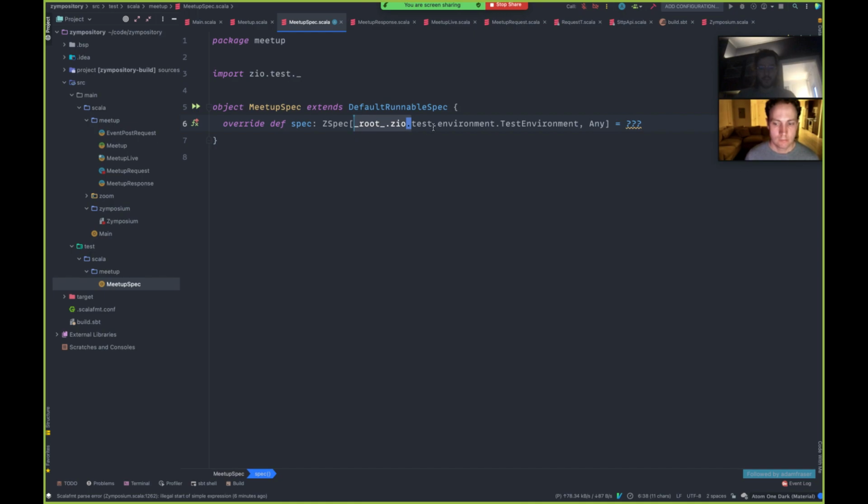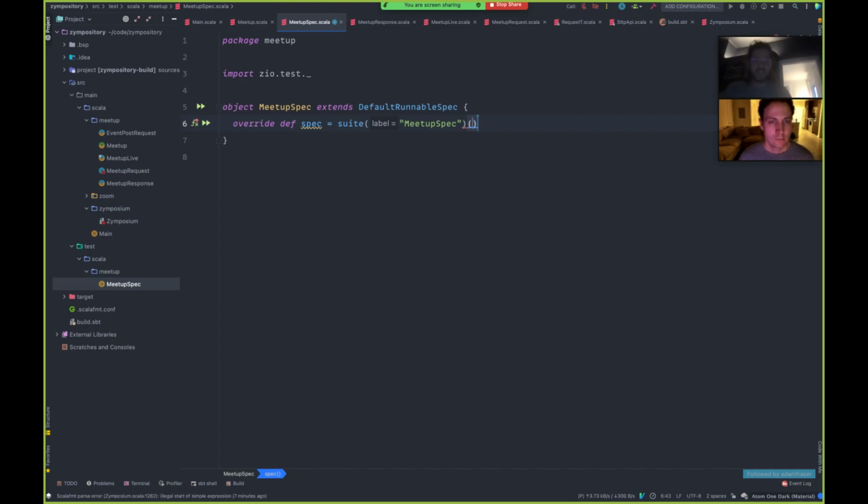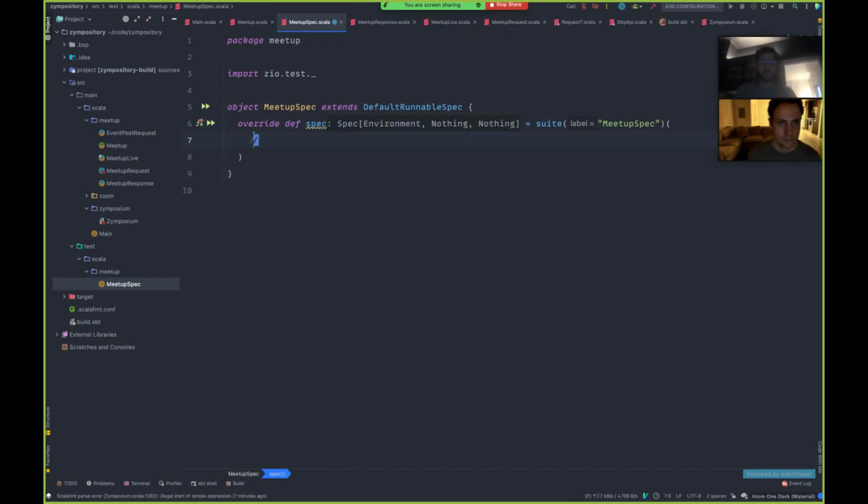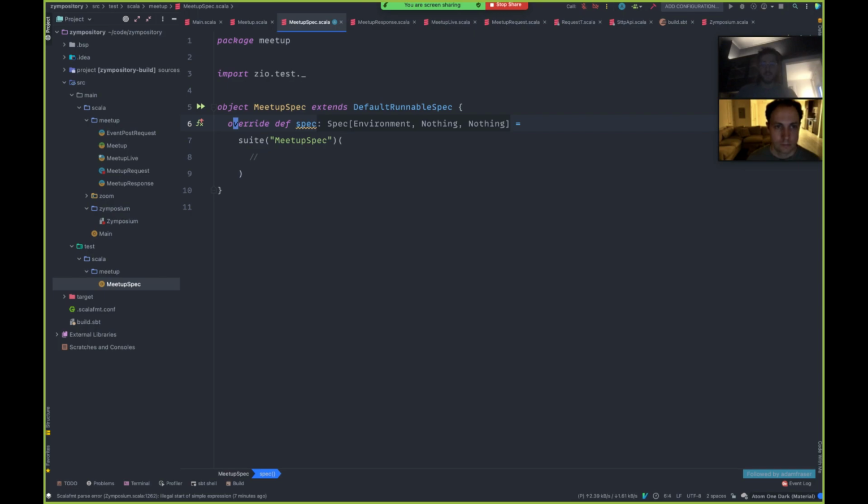Internal reminder to myself to lift test environment into test, so it doesn't do that. And actually, I'll just leave it like this. Okay, and now we can make a suite for Meetup spec. Sometimes I just make a companion object to test it, but since we're making a real code base, and I'd like to keep these tests around, and this is partly intended to be open source now, as a relatively exemplary code base, I'll be good and make a real test.